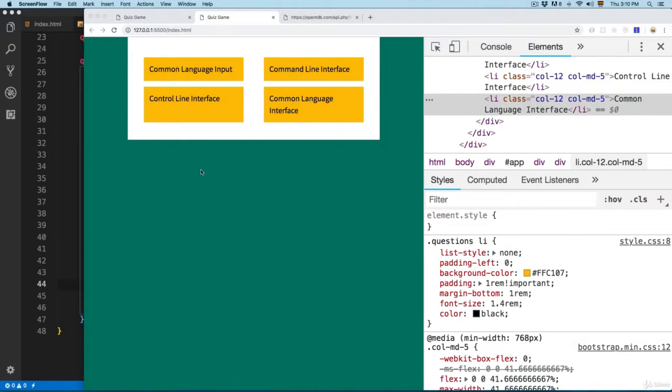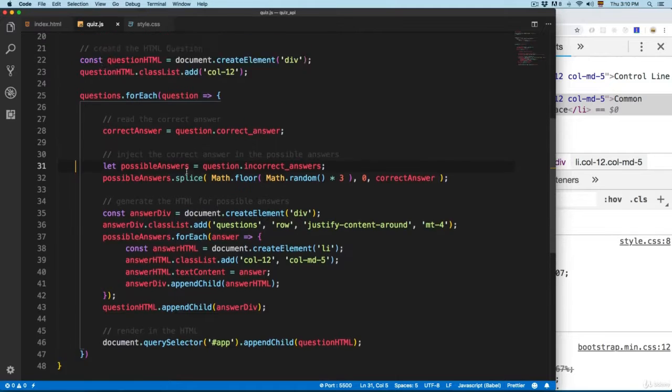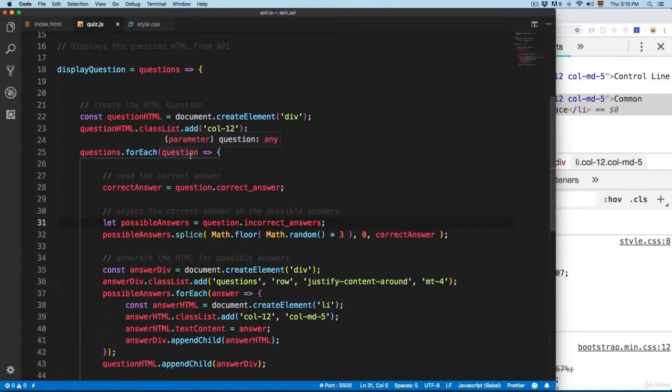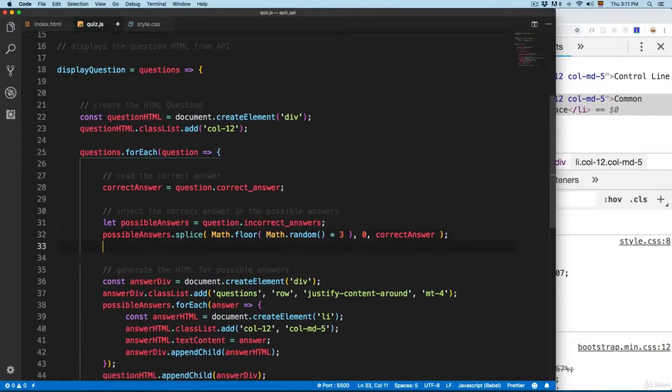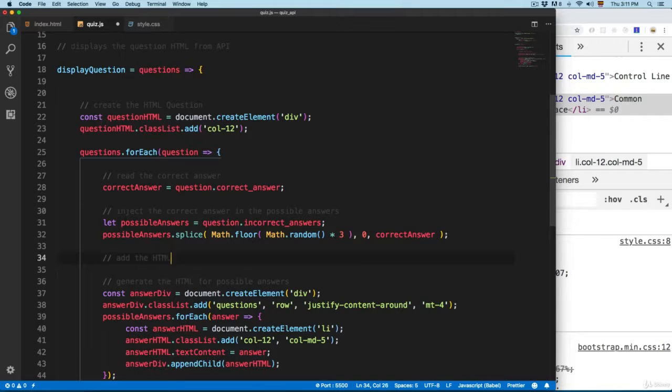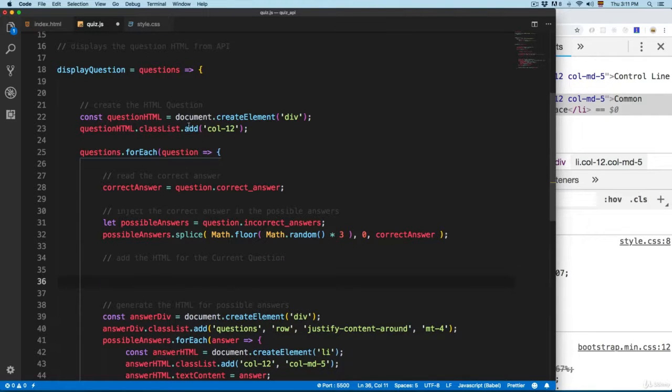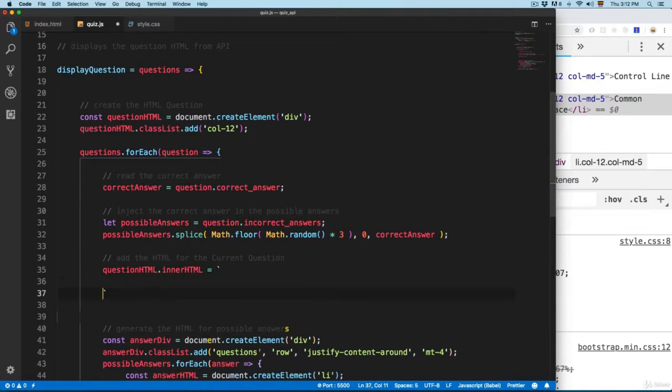So we need to display also the question in this case, and this is going to be done right here inside the for each for the question. So right here I'm going to add the HTML for the question, for the current question, and you can see here I have this question HTML. So let me copy this, and I'm gonna add question HTML, and I'm gonna use inner HTML, and we're gonna use a template string. So this is going to be equal to, and we're gonna add the quotes for the template string,